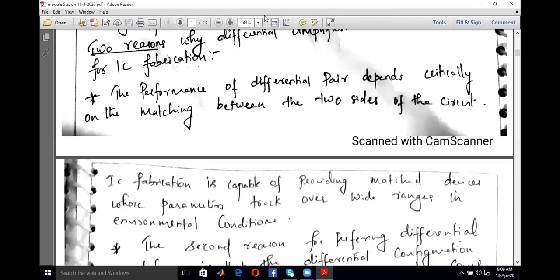Likewise here also, when you couple one stage of the amplifier to another stage, because you are dealing with multi-stage amplifiers inside an IC, you can't ensure that only one stage is there. To get sufficient gain, you are dealing with multiple stages where you are connecting one stage to another stage.